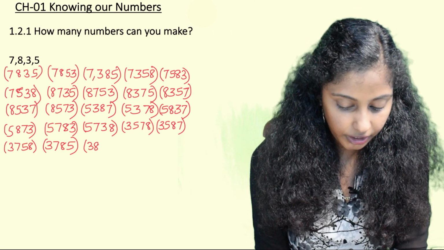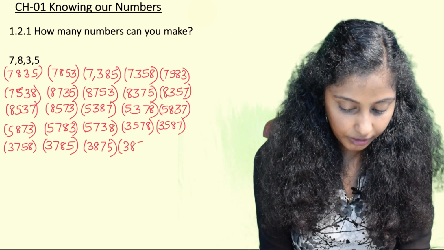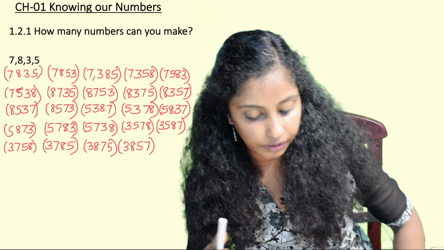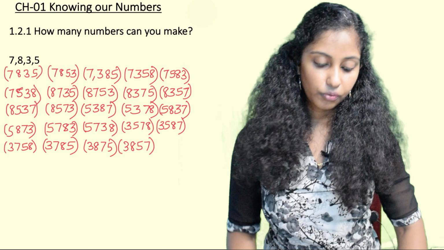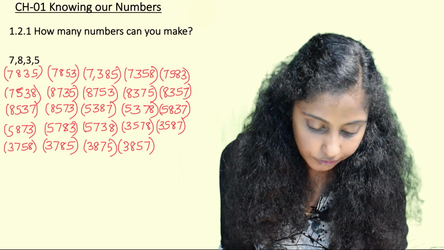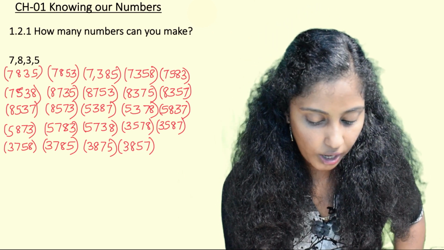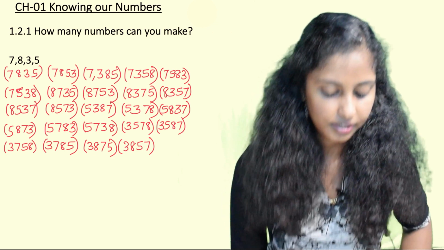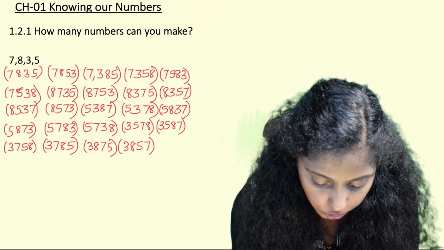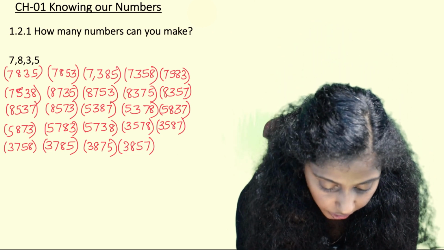Now let us try with 38. Then the other digits are 7 and 5. 38 I keep, then the other digits are 57. So we have kept 35, 37 and even 38. Okay, so we have written all the numbers which can be made using 7 in the first position and 8 in the first position. When I am using 7 in the first position, 1, 2, 3, 4, 5, 6. In the 7,000s I am able to write 6 numbers. In the 8,000s also, 1, 2, 3, 4, 5, 6. We have written 6 numbers. Using 5,000, 1, 2, 3, 4, 5, 6.